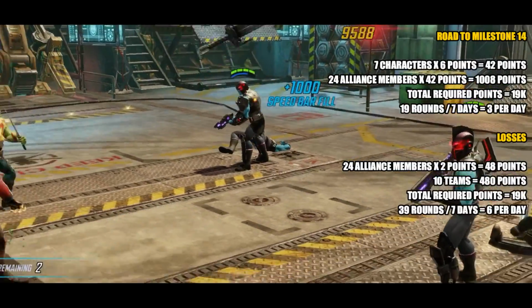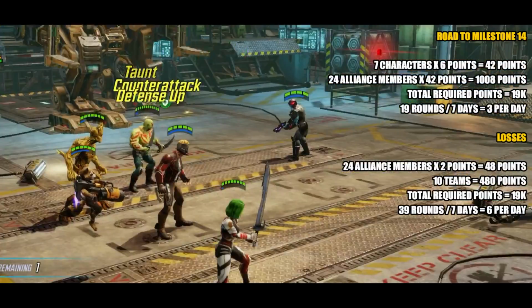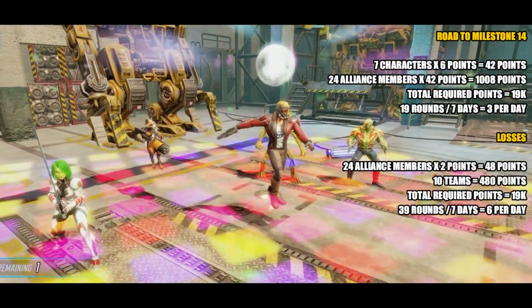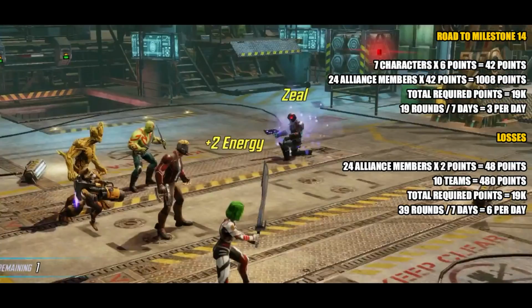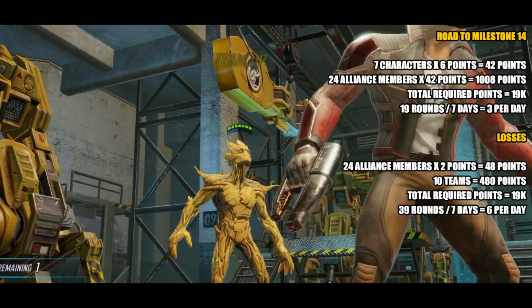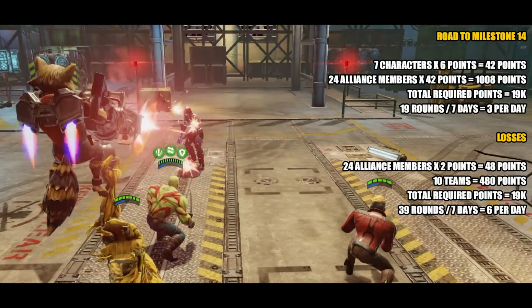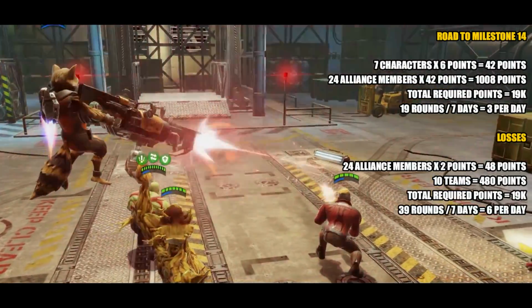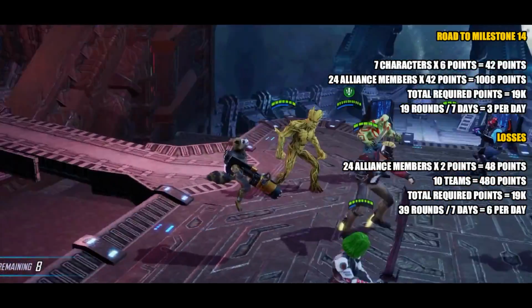Again, you need 19,000 points, so if we break this down, that would be a total of 39 rounds of everyone doing this over the course of 7 days. That means you would have to do it 6 times per day. That would be quite a lot because the Blitz timer, of course, is 2 hours, so that's the full 12 hours you would have to be logging on every 2 hours. So I wouldn't recommend just trying to beat the milestone by everyone going for losses,